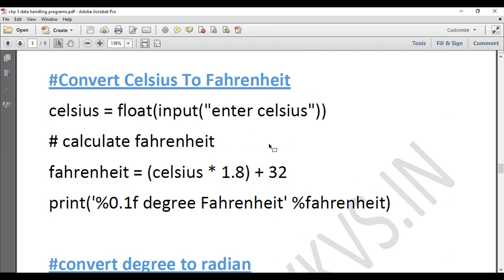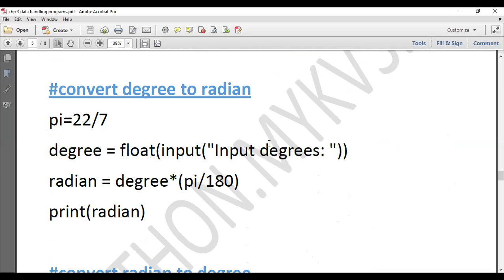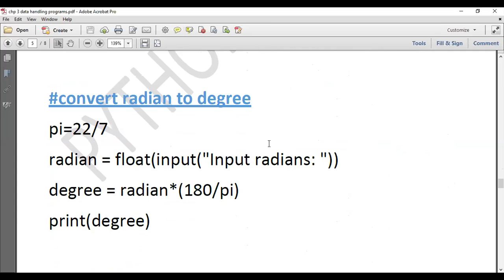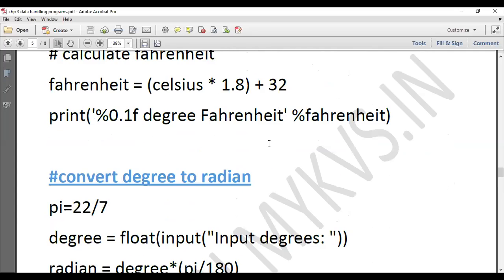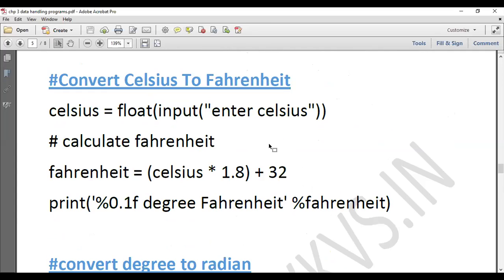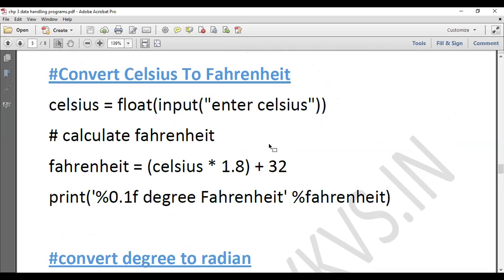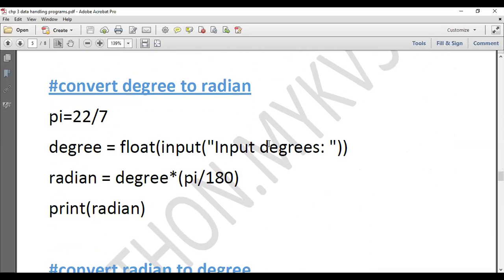So today you will do convert Celsius to Fahrenheit. Write this down. Don't write the print statement. Change it. Put your own output there. Do convert a degree into a radian, and do convert a radian to a degree. Okay. 3. First is convert Celsius to Fahrenheit. 2.